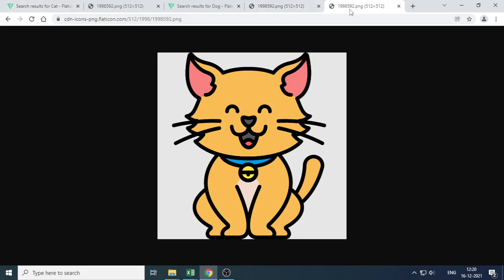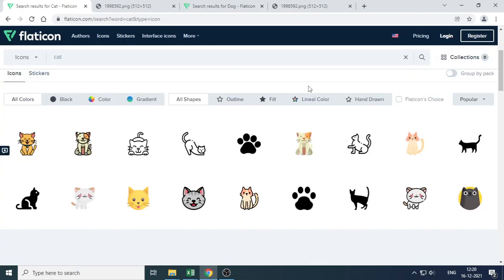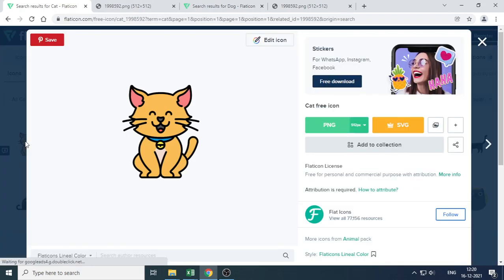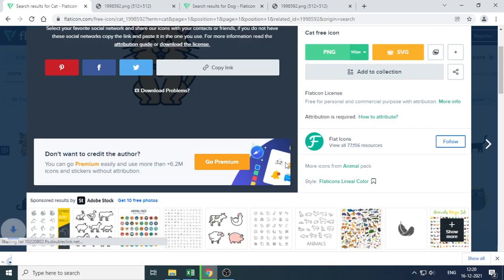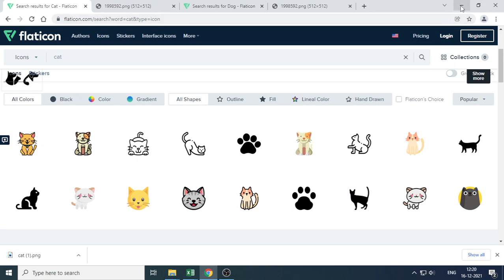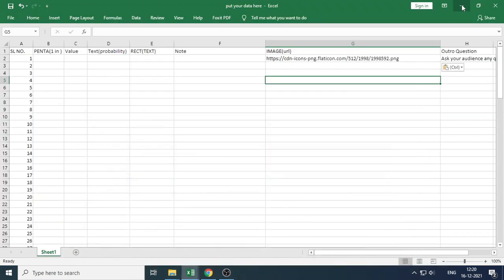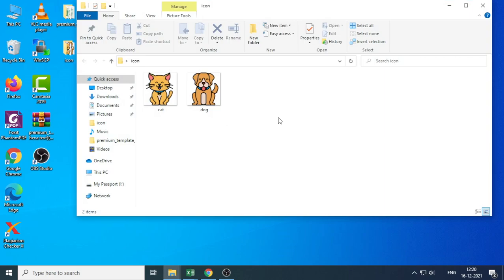Click that cat and always select the 512. Okay, and then click that PNG icon and free download. So it will download to your PC. I already downloaded and stored it on my PC, on the desktop in the icon folder. Okay, now